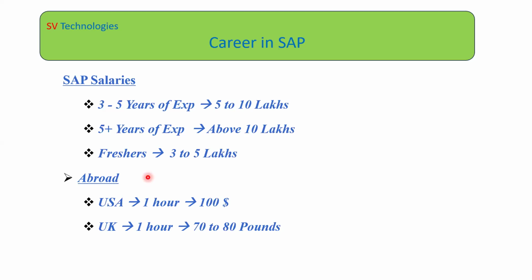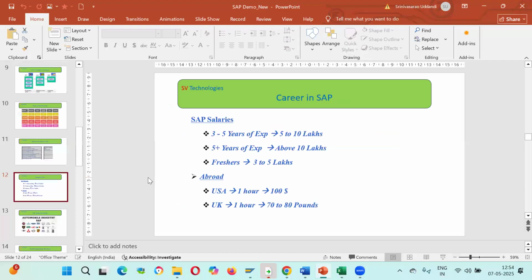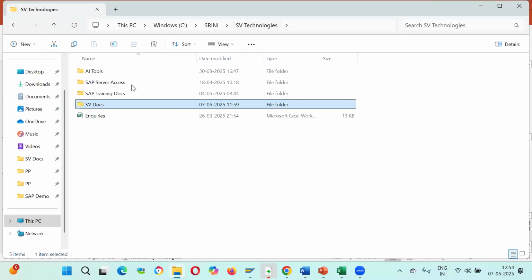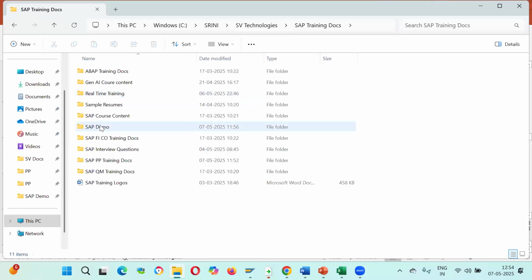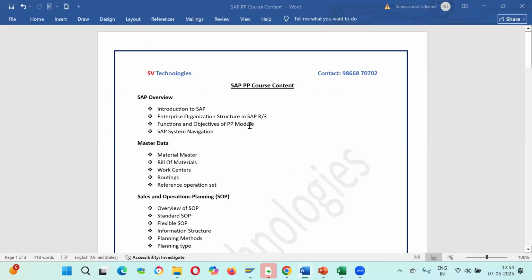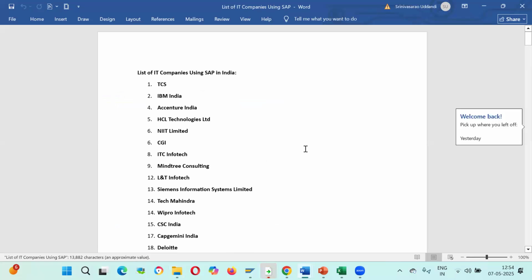Just for your knowledge, I'll share what companies are in the market. See here, these are the list of IT companies in India, and not only in India, MNCs also. I think you are familiar with most of the companies. I'll just walk you through.